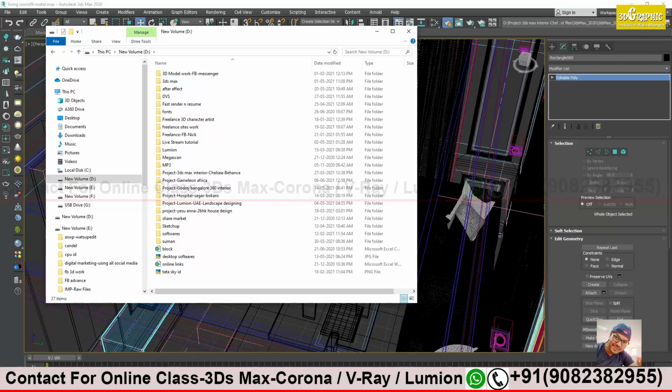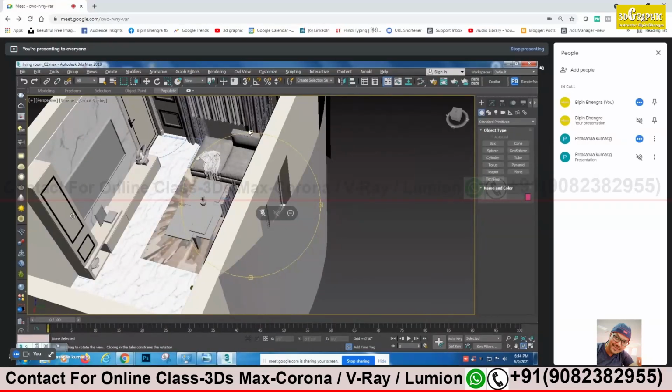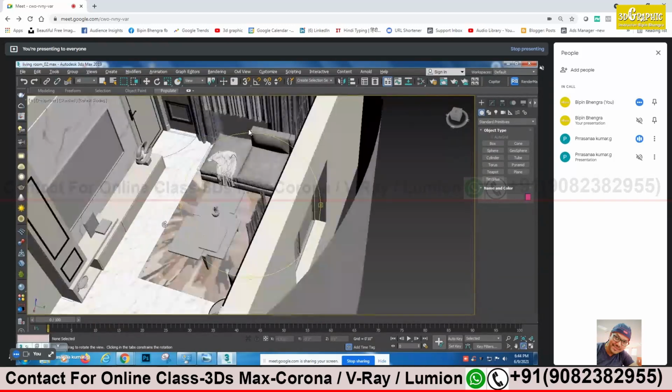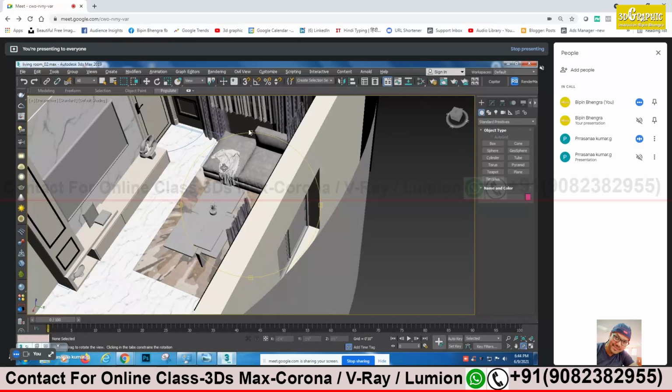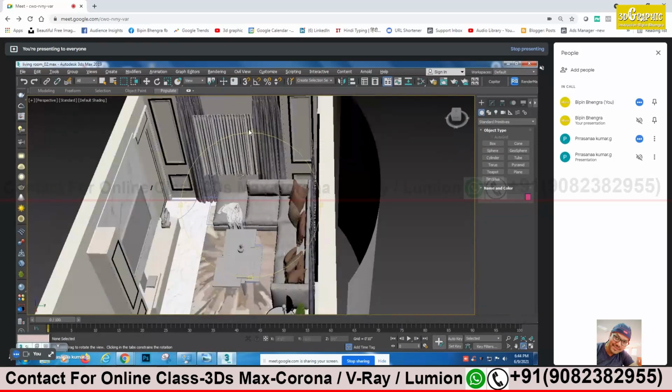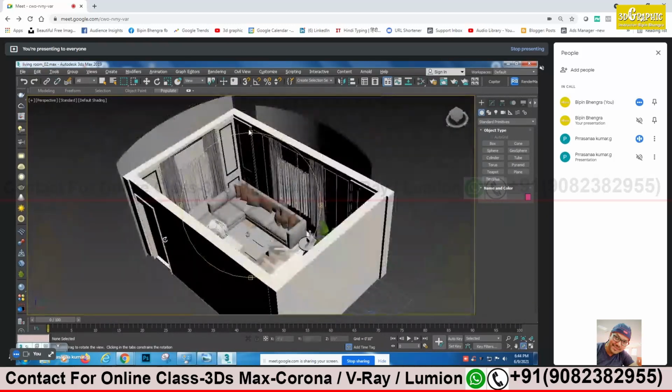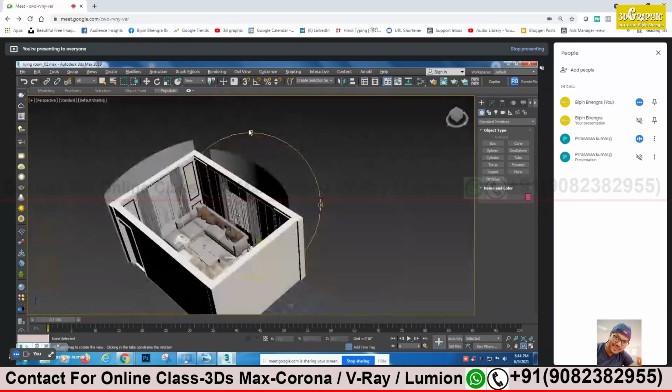Television unit is completed, no? I had applied the same color to it. I'll see, sir. If I have to make a small difference, I will change this. It will not take much time for me. I'll keep everything ready, and then tomorrow we'll go directly to the lighting part.